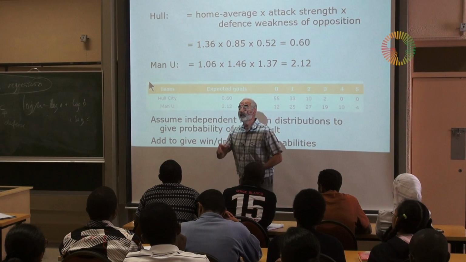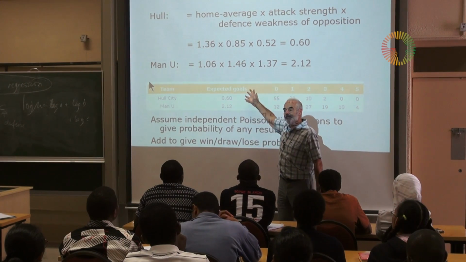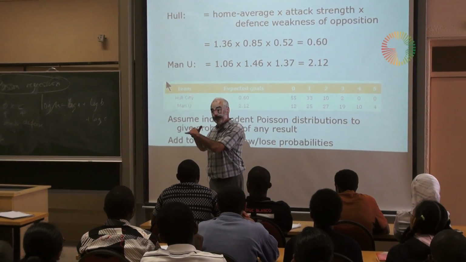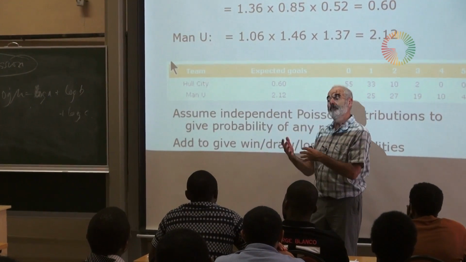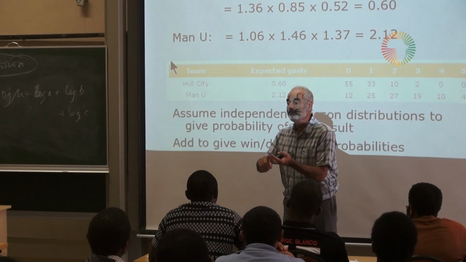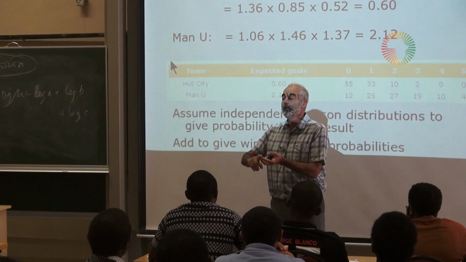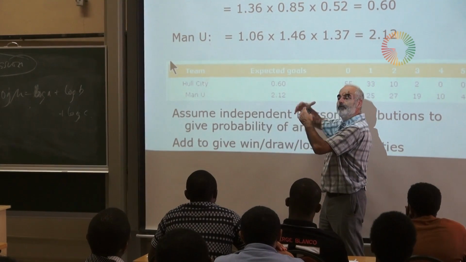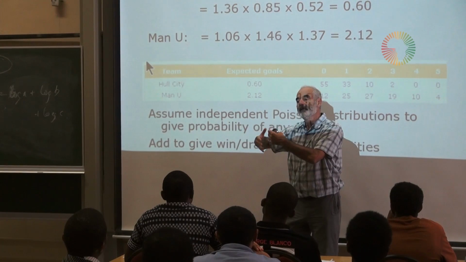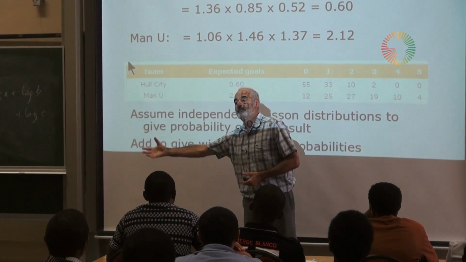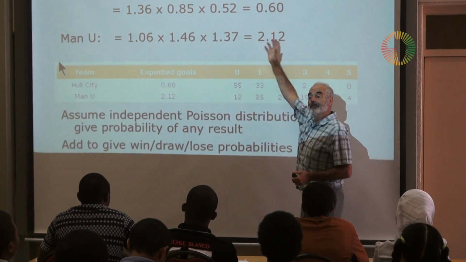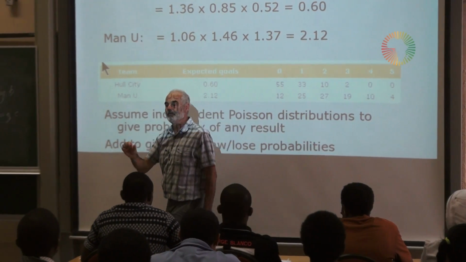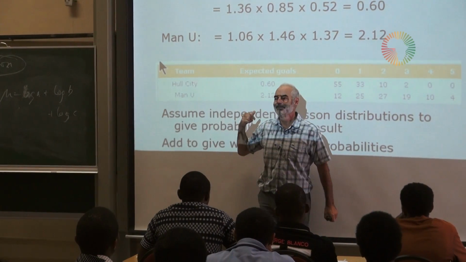Oh, absolutely. No, completely right. This is the simplest possible model. This was what was used about 10 years ago by the betting companies. Since then, they've become more sophisticated, and they use recent performance, they use team changes. This is also just using the whole season, not taking more notice of recent matches than past matches. It's not using previous seasons' data. So you're absolutely right, this is a very simplistic one. And if you really want to bet, you need to be more sophisticated.